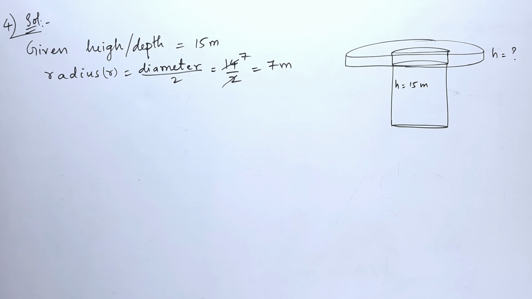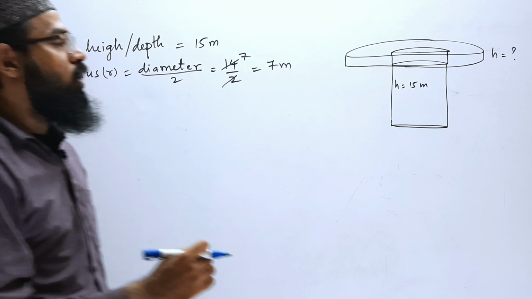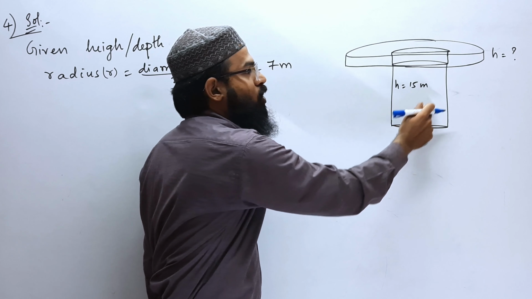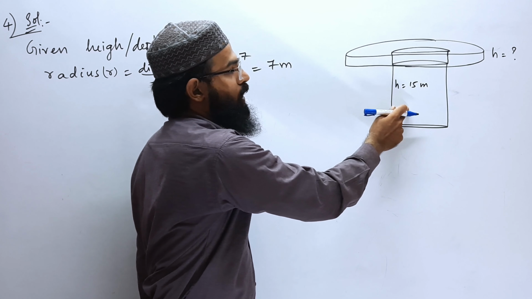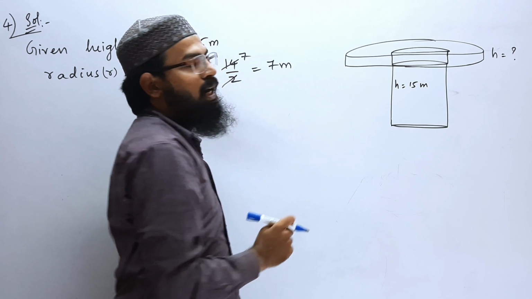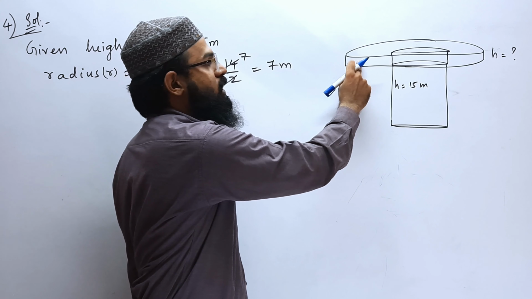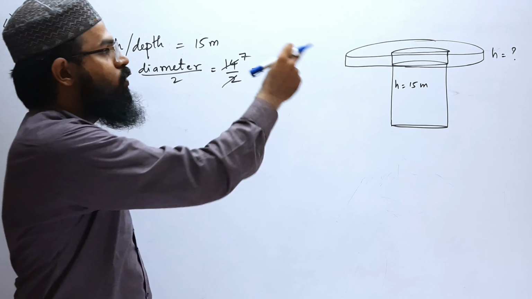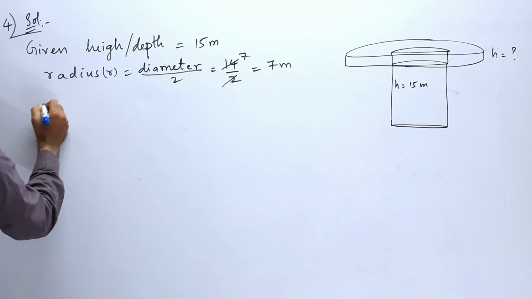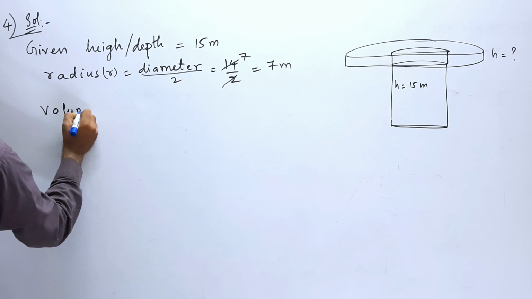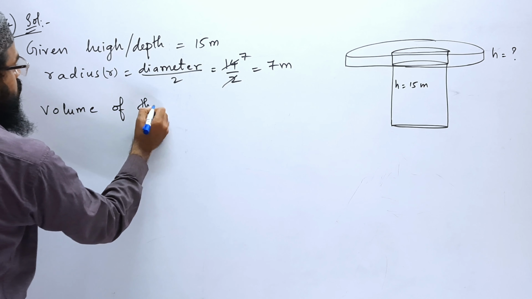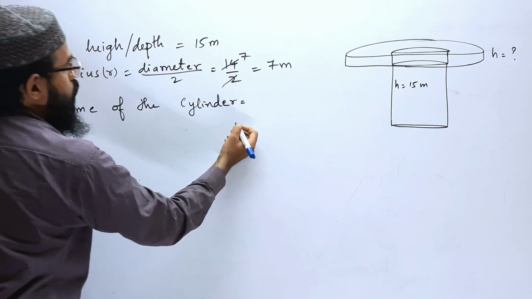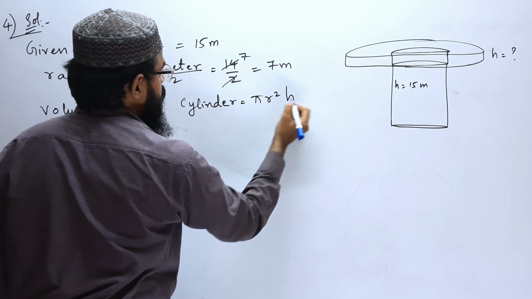Next, we have to find the volume. As we know the volume of the well, the cylinder, is the quantity of the volume of the soil, that will be equal to the embankment. Embankment is the platform which we are getting after placing the soil around the well. So let us write volume of the cylinder